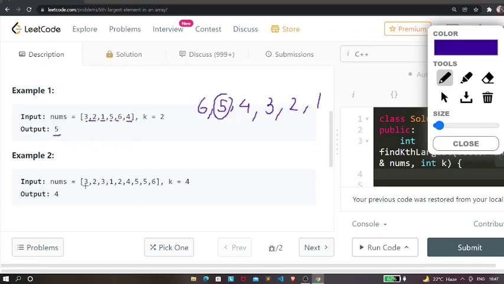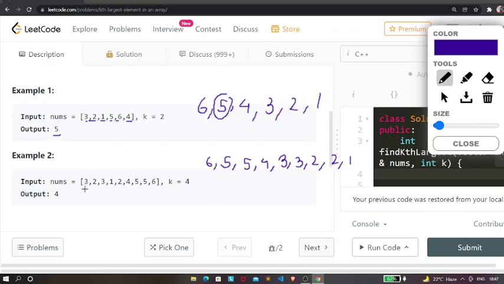Now consider this other example. If you sort this array in descending order, it will look like this: we will have 6 at first, then 5, then 5, then 4, next 3, then another 3, then 2, 2, and finally 1, right?